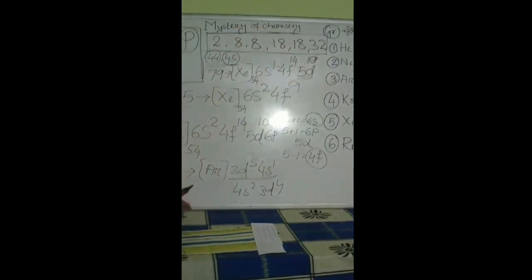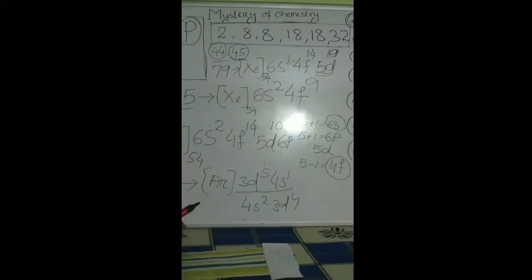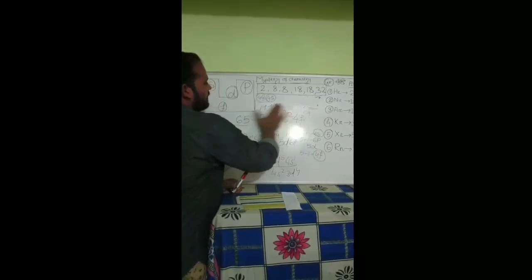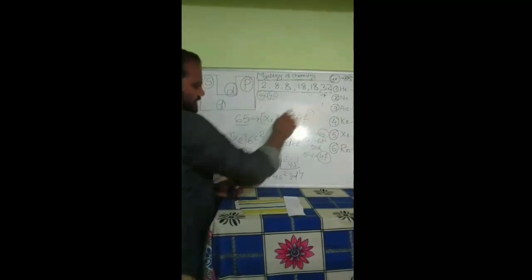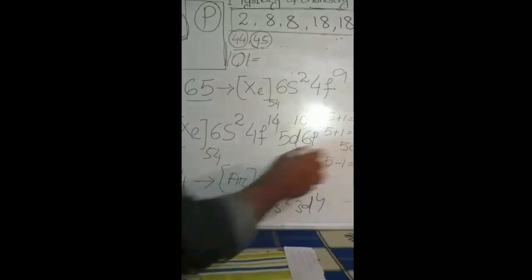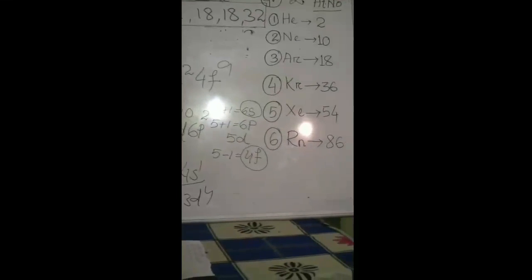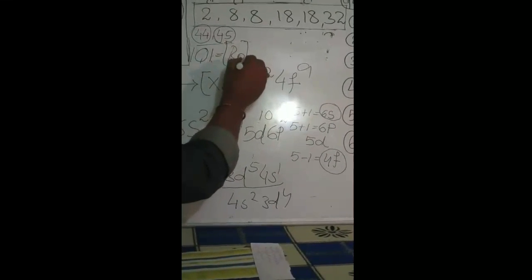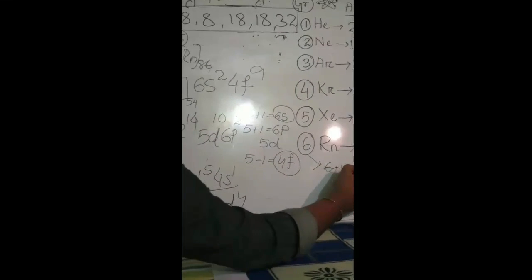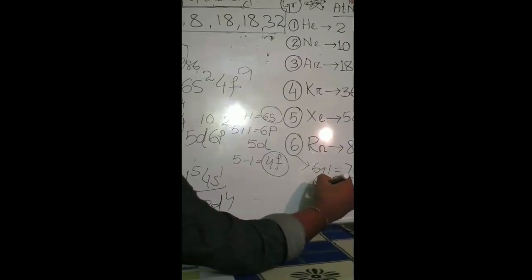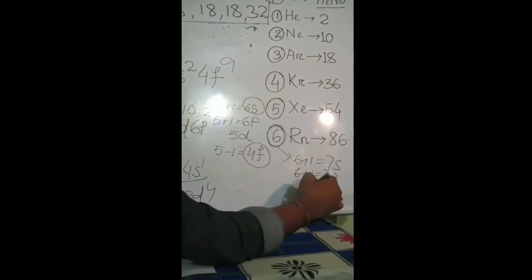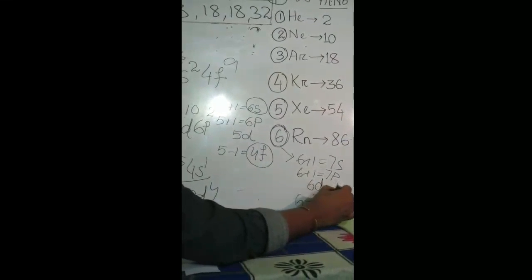So in some atomic numbers we have to concentrate. Next, if we see another one, this atomic number is 101. Suppose I take this 101. In this case, this will cross over radon. So we will write down Rn 86. And next, what will we fill up in this case? 6 plus 1, we will get 7s. And this group number 6 will represent the d, and 6 minus 1, we will get 5f.